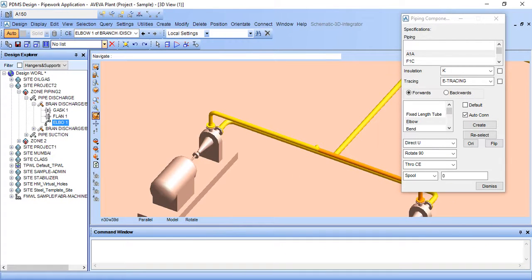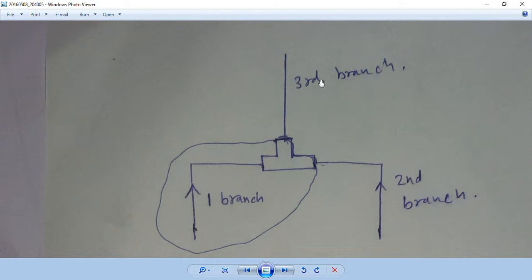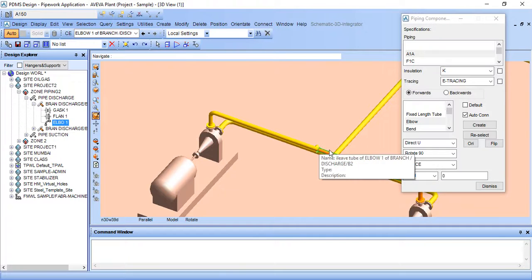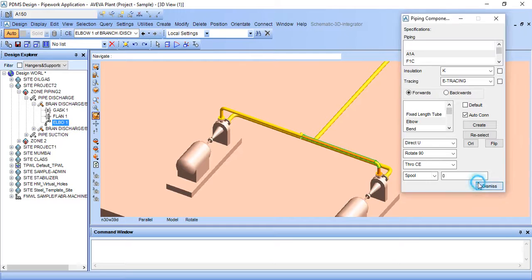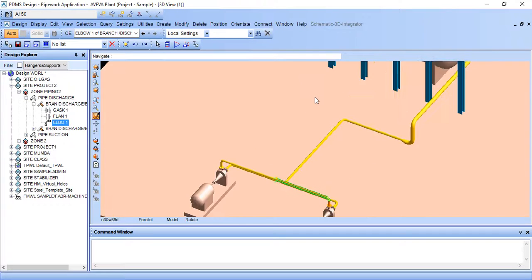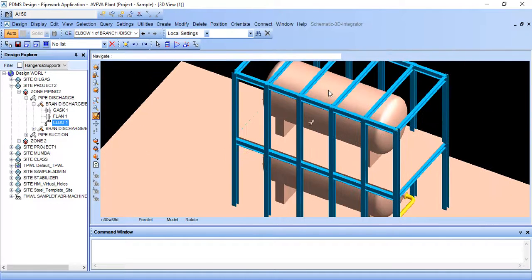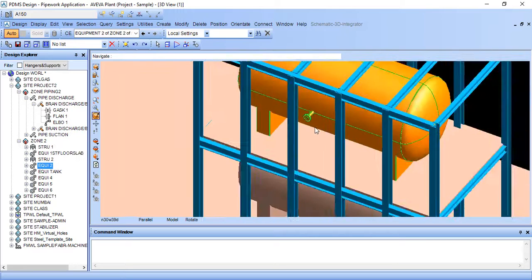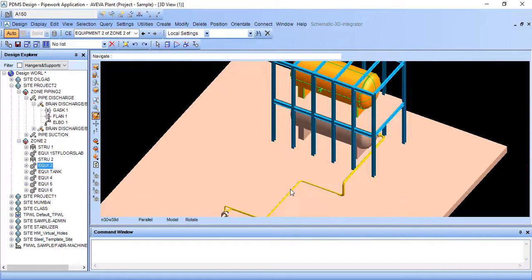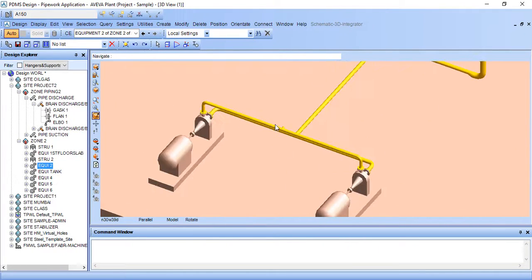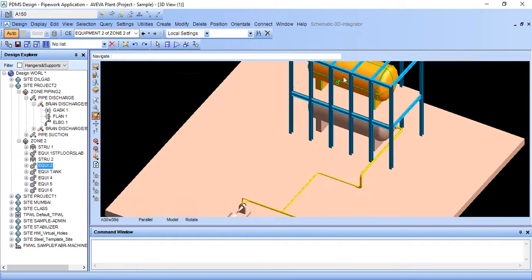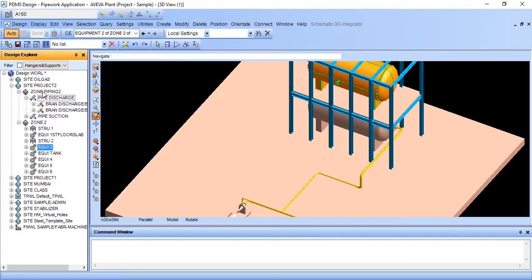So now we will create our third branch. Dismiss this. So my nozzle point is here. So just create the third branch. Make sure your selection is on pipe discharge.